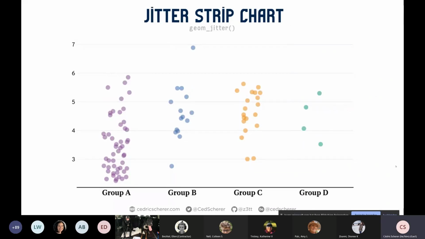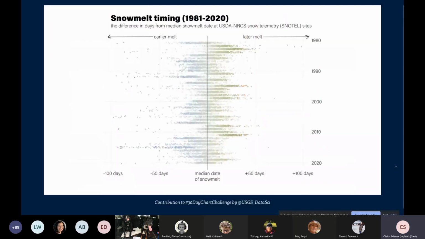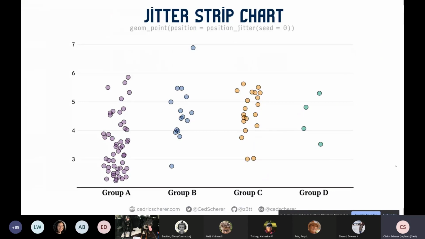Of course, we can also jitter them. So these are the so-called jitter strip charts. A short note here. There is its own geom, which is called geom_jitter. But you could also use the geom_point, and then again, with the position argument, you know it already, where you have a position_jitter. And now you might wonder, why should I use the position argument if there's a geom_jitter? The nice thing is, and now I'm hoping I'm correct, that there's no seed option in the geom_jitter itself, so with position_jitter you can set a seed here.